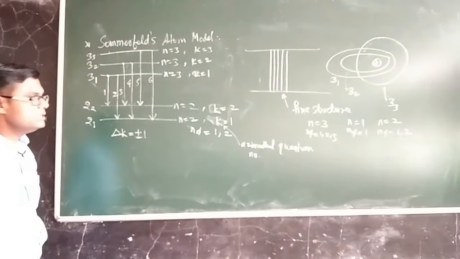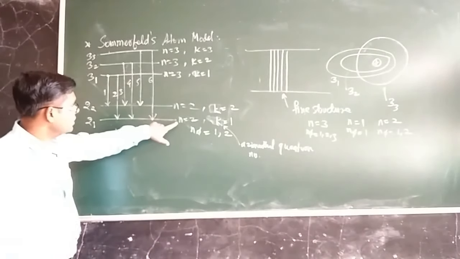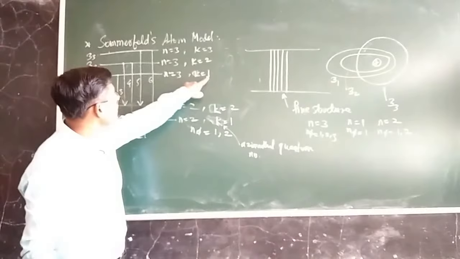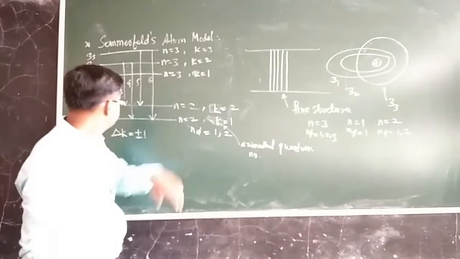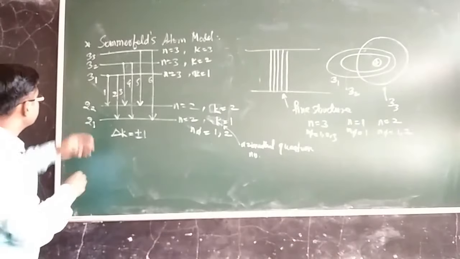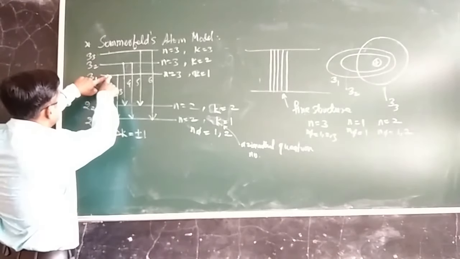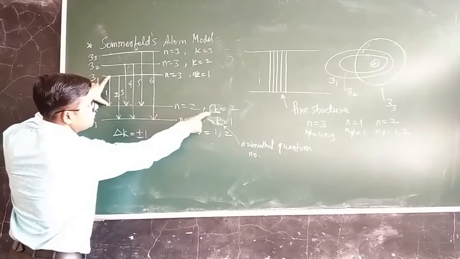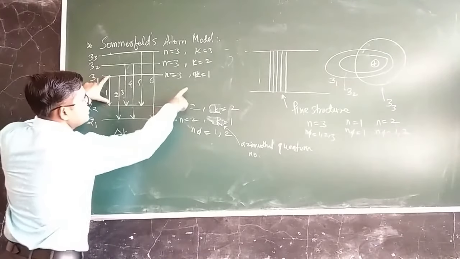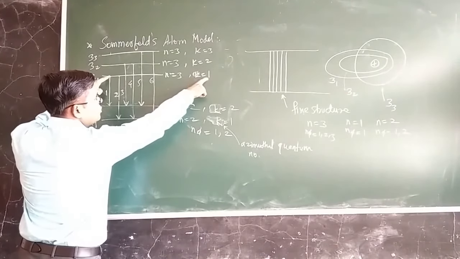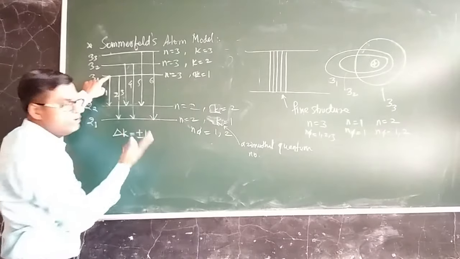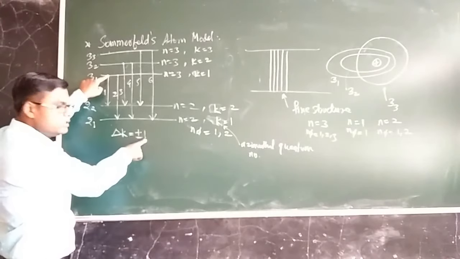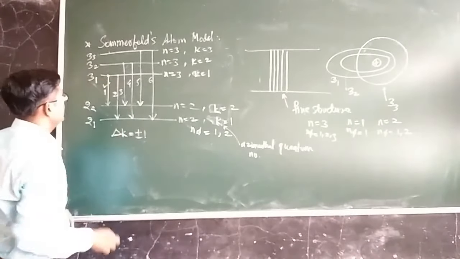Now again revisit these transitions. We know the value of k everywhere. For this level the value of k is 1, for this level the value of k is 2, for this level the value of k is 1, here 2 and here 3. So what could be done? Let us consider this transition. For this energy level k is equal to 1, and for this energy level k is equal to 2. So it is 1 minus 2, we have to subtract, which will be equal to minus 1, and only those transitions are possible for which delta k is equal to plus 1 or minus 1. So minus 1 is allowed. So this transition is an allowed transition.